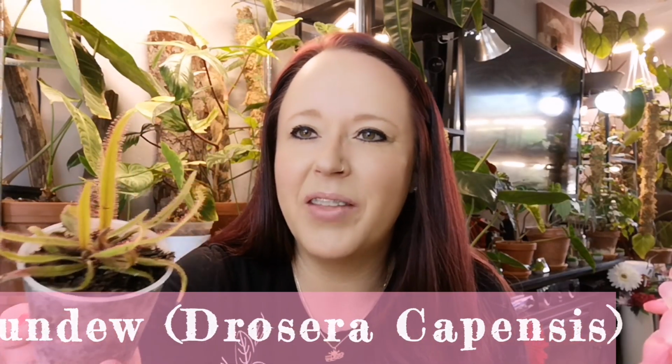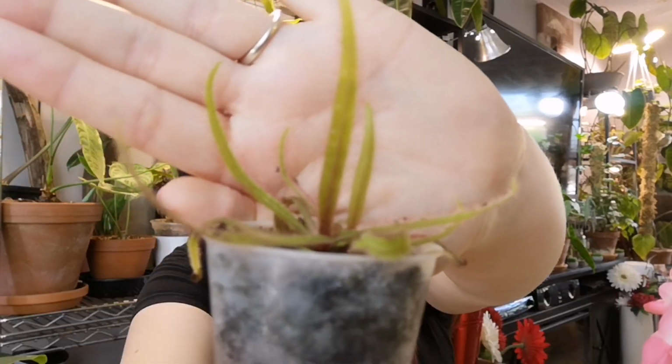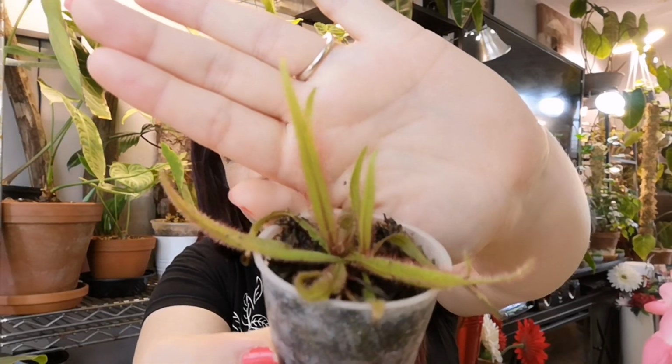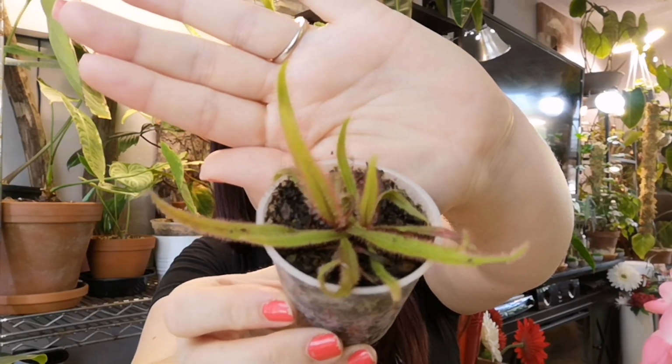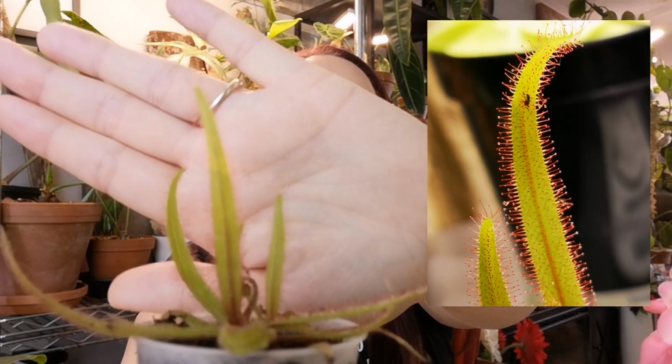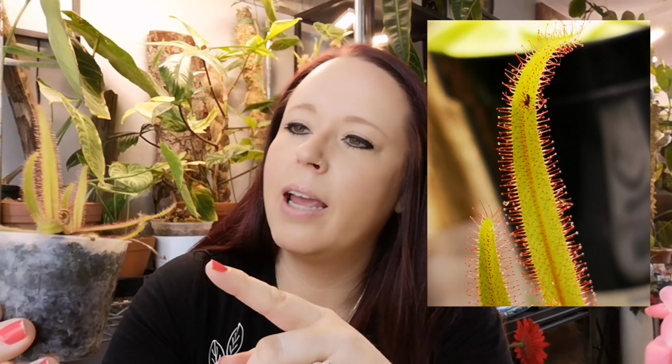Okay, this is the next one that I have. Let's see if I can get... It's not focusing very well today at all, is it? Or maybe it is and I can't tell. So this is another type of sundew. Again, you can kind of see the little... I'll insert a photo because I don't think this is coming off very well. But it has those same little red hairs. And again, if I turn it around here, you can probably see